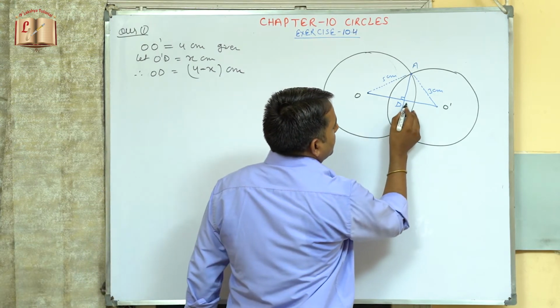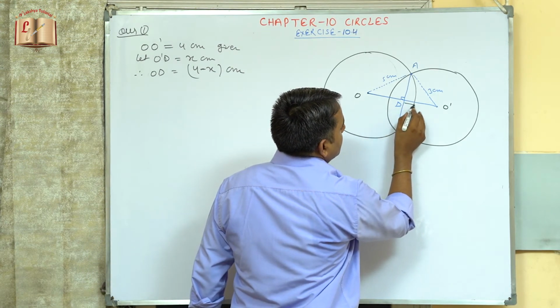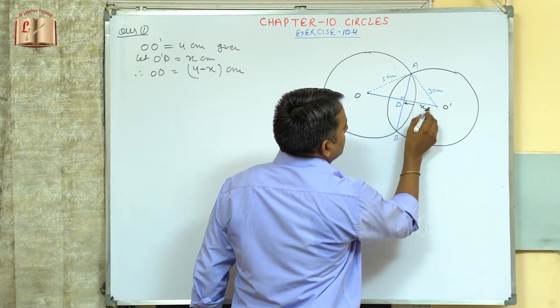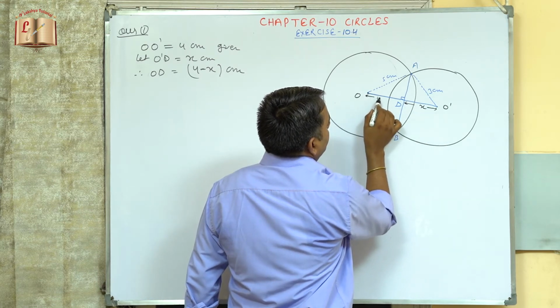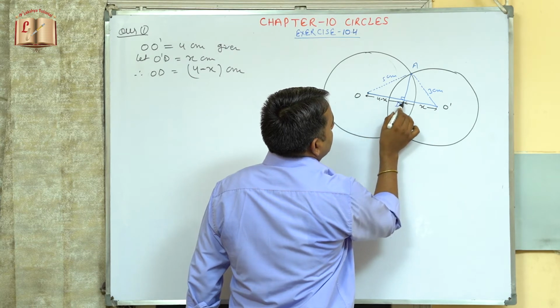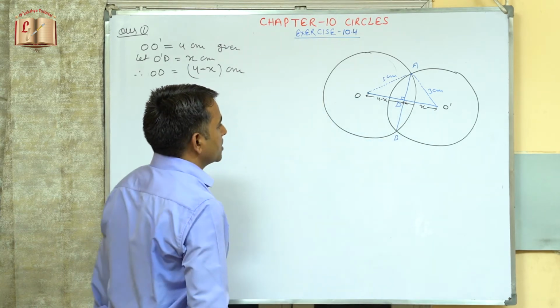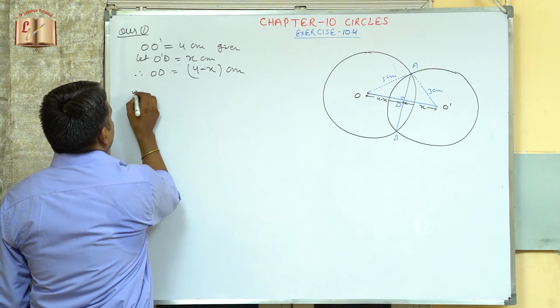This distance we have taken, this distance I have taken as x. So this distance will be 4 minus x, because the complete length is 4 centimeters. So now in triangle